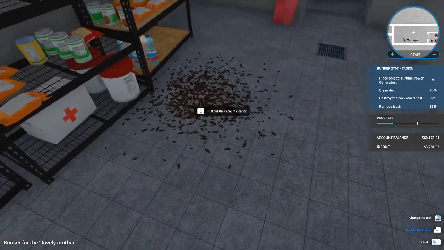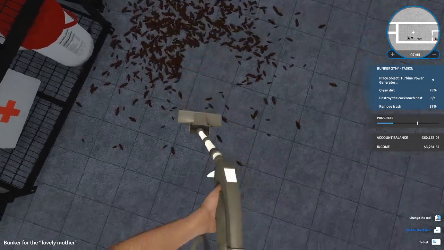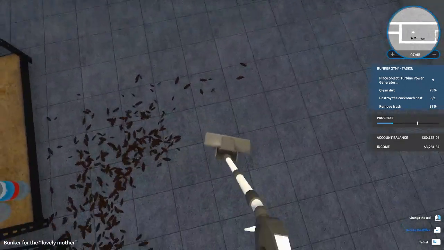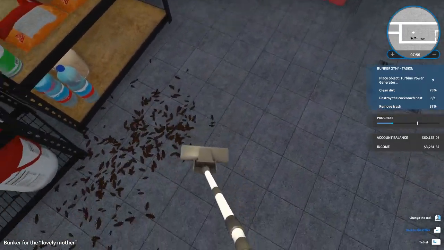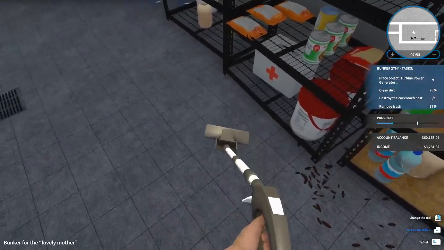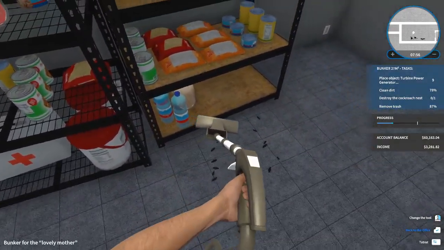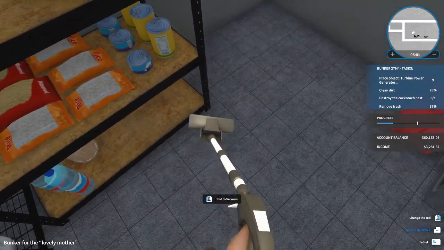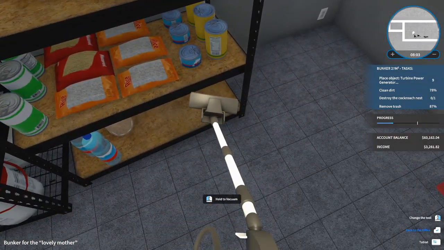No, I need a vacuum cleaner, and I need to press E for the vacuum cleaner, just like I do with the shovel. And away we go. Look at that. E for eviction, E for see you later cockroaches. This is actually one of the better ways to get rid of them, although if you're ever doing this in real life, you have to understand